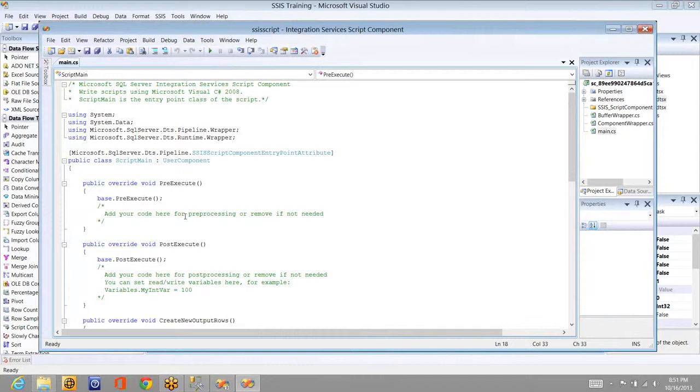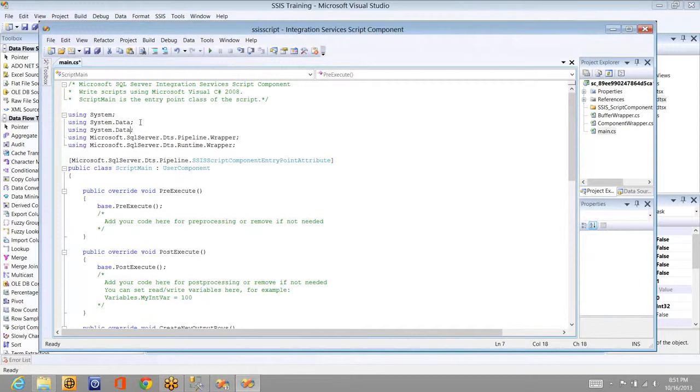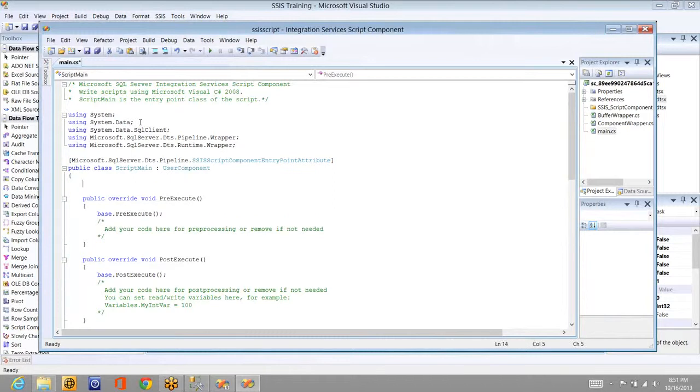And here I can override a couple of extra methods. Before going to that, first I'm going to inherit. We call it inherit in .NET. I'm going to inherit SQL client. That's the first thing I'm going to do. And I'm going to declare a couple of variables that I need for this. Let's say the first thing is I have to get the connection that I created outside. A couple of seconds back I created one connection, an ADO.NET connection pointing to the AdventureWorks database.